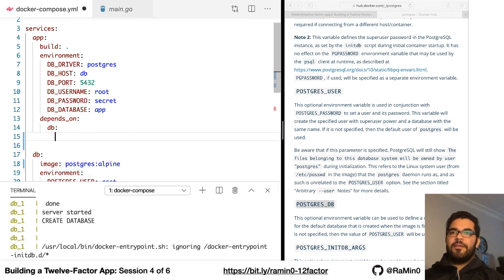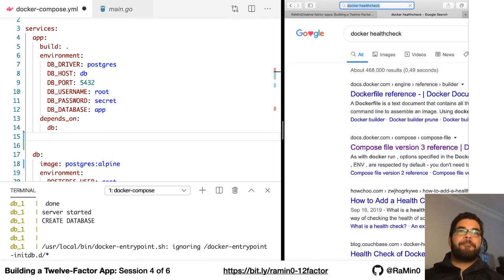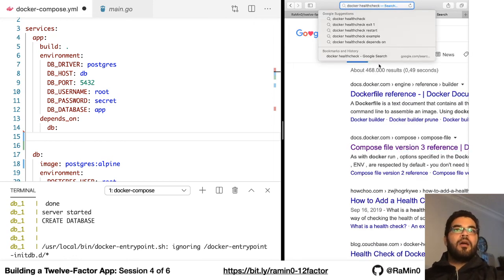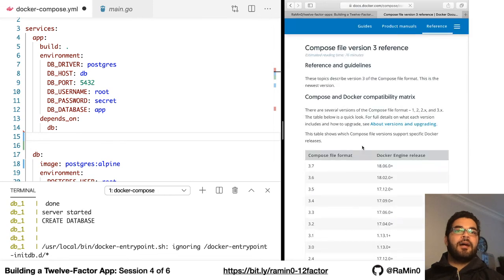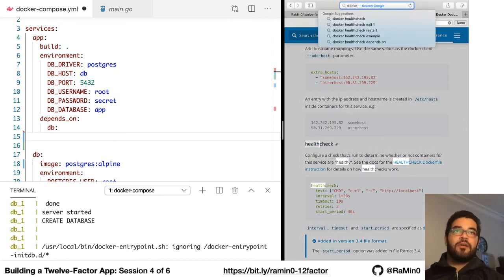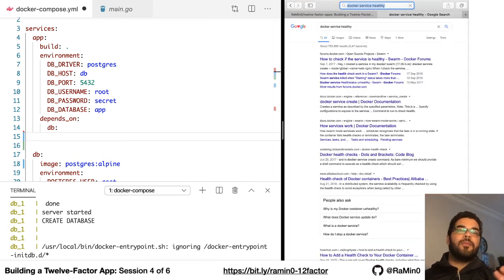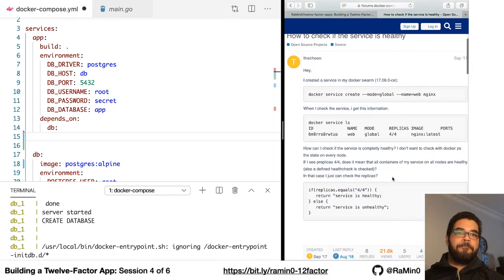Let me remember what the command was here. So this is basically called docker health check. I always keep forgetting the syntax for it. Docker health, service healthy. What I mean by healthy is that it's ready to receive connections and so on. So to do that, we tell it, let me quickly grab,